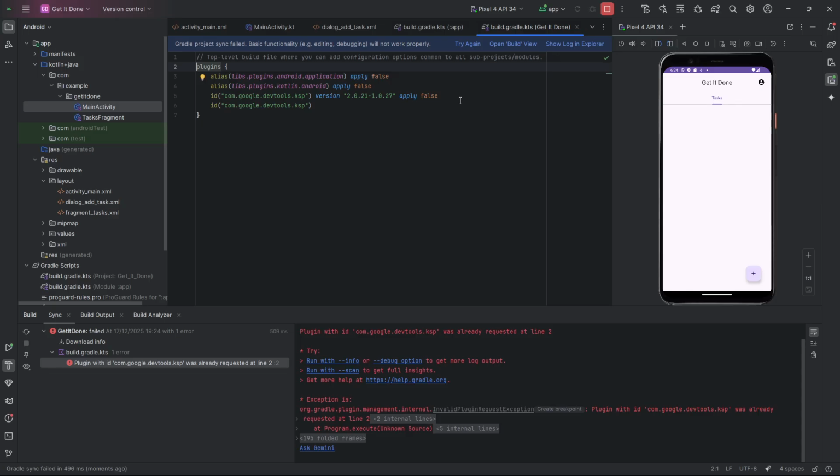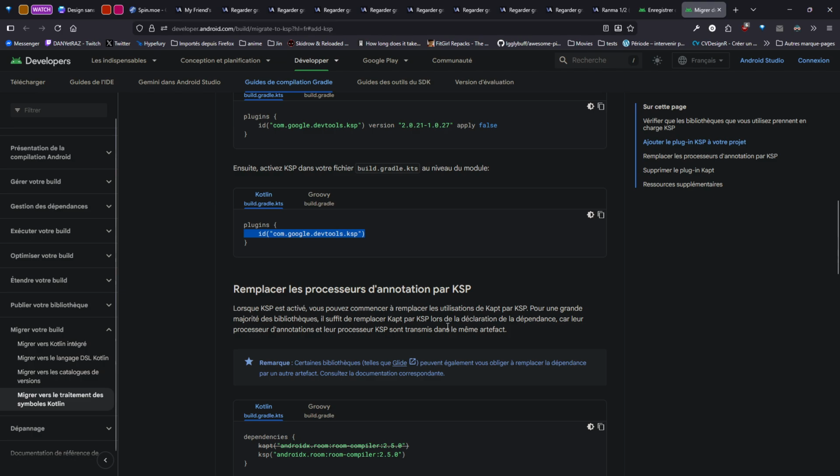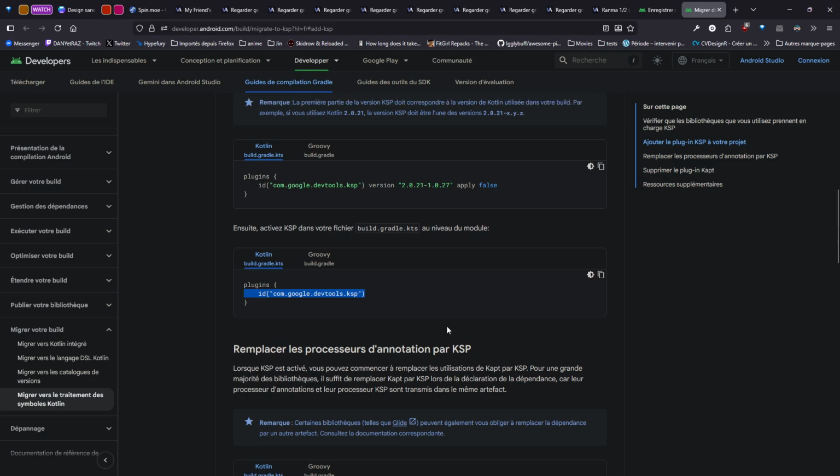So back to a browser. In a new tab, I'm going to do a quick search for Android KSP setup. And this top link says migrate from KAPT to KSP. KSP is the newer way of doing it, it's recommended. So this link will be just fine. Even though we haven't set up KAPT before, we should find what we need within here. So clicking on this,